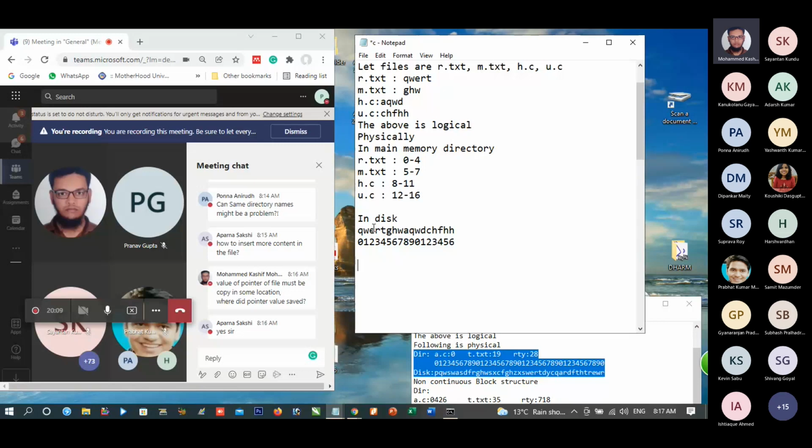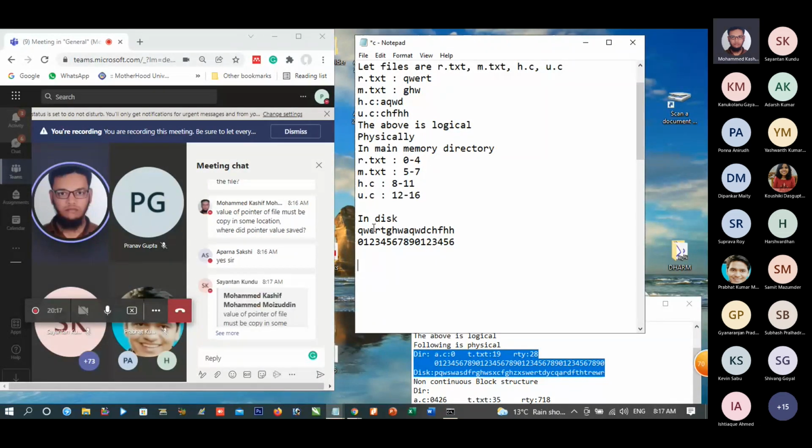Sir, let's say a pointer P has the starting address of the file r.txt, which is 5000. No, I cannot understand it. What are you saying? The file has a starting address 5000. So what is the harm in this? So that value should be stored in some other thing.